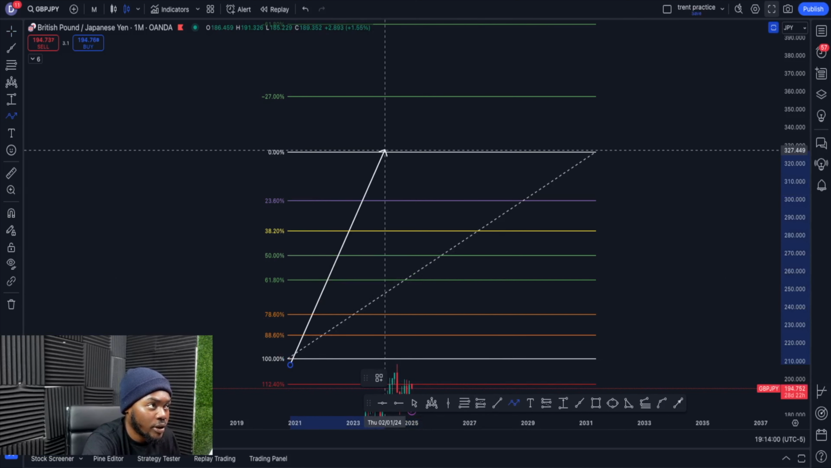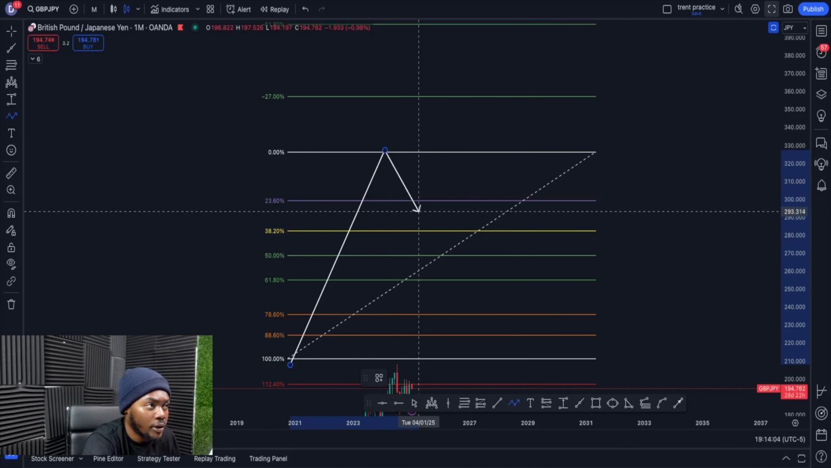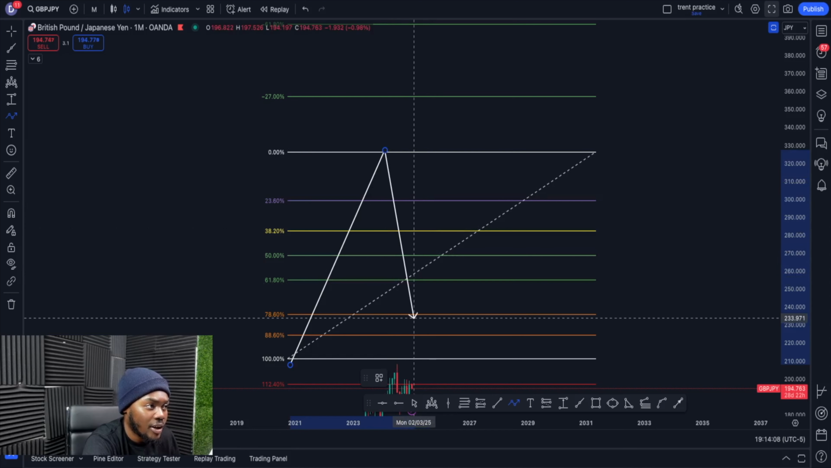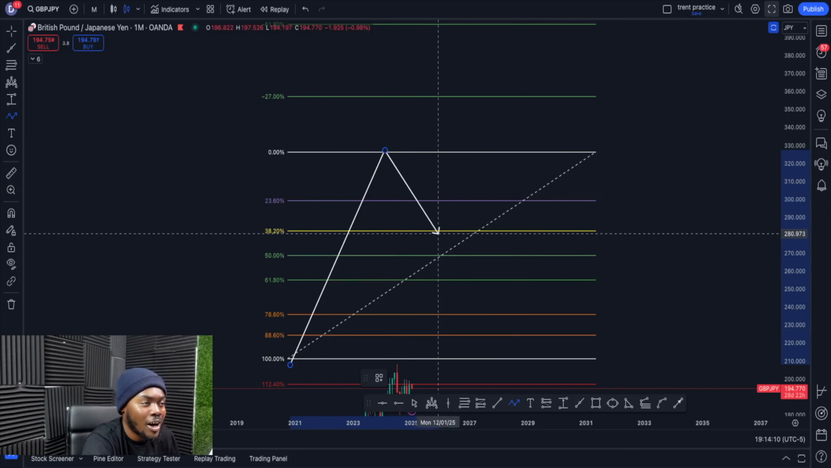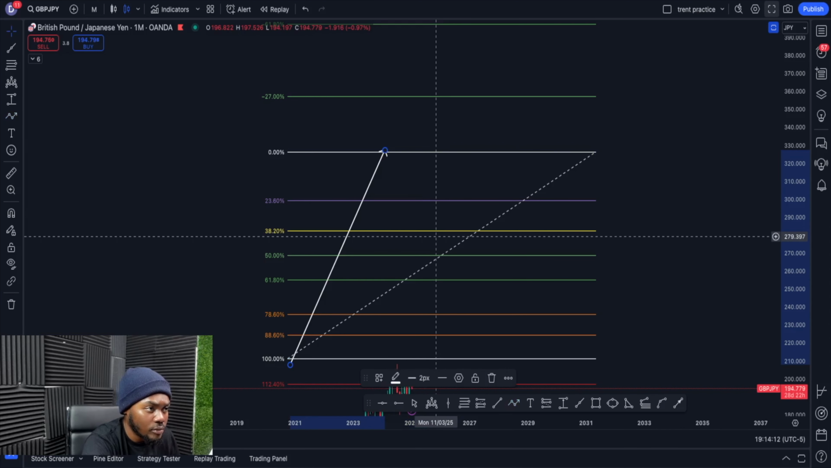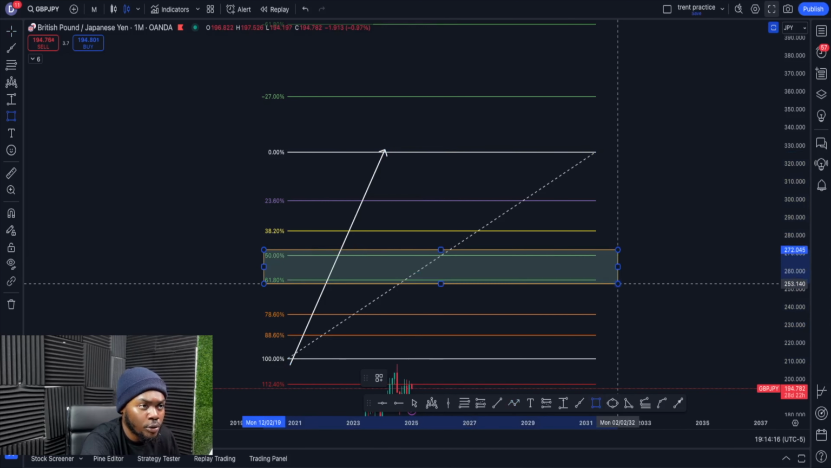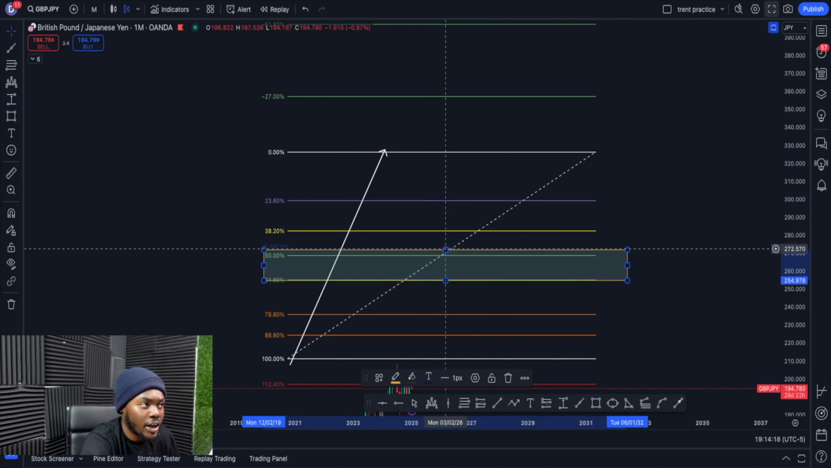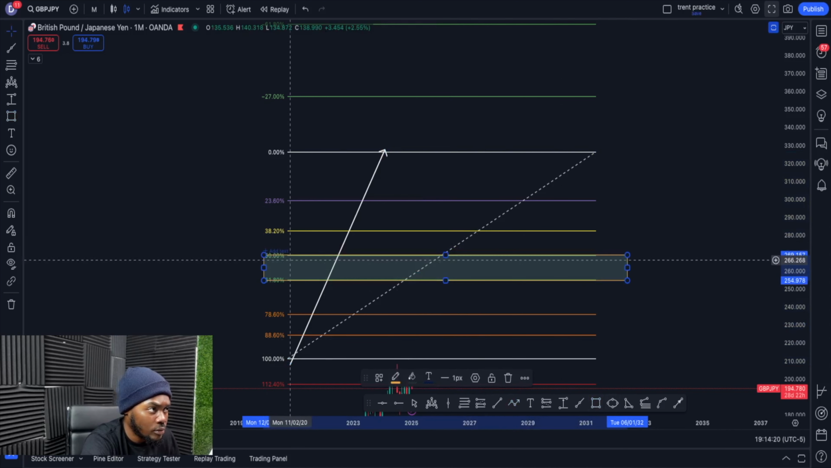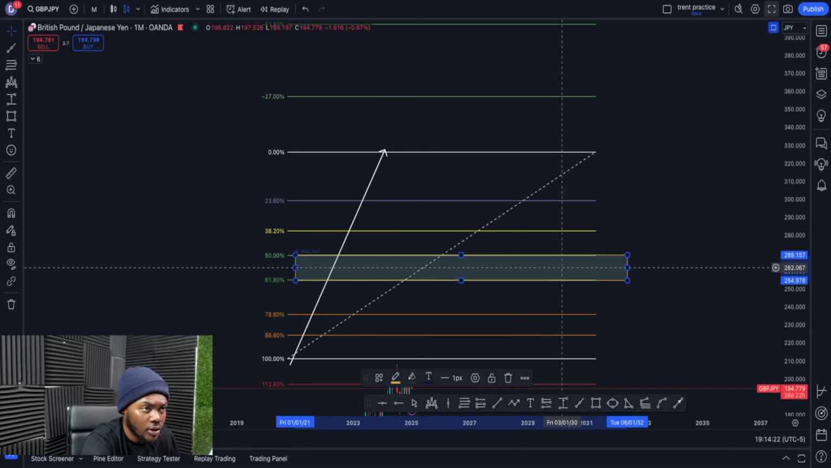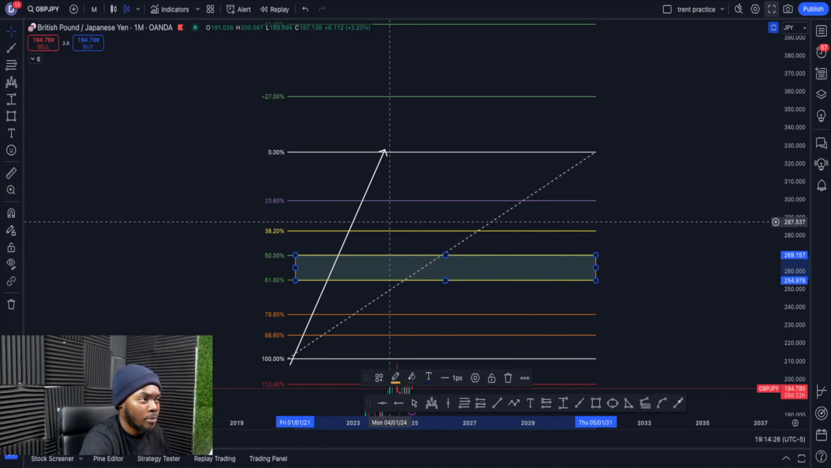Looking for the market to retrace, to come back to either the 23, 38, 50, 61, 78, 88. Now your prime time numbers are going to be this area here, which you'll hear other traders refer to as the golden zone between the 50 and the 60. So remember, if the market pulls back